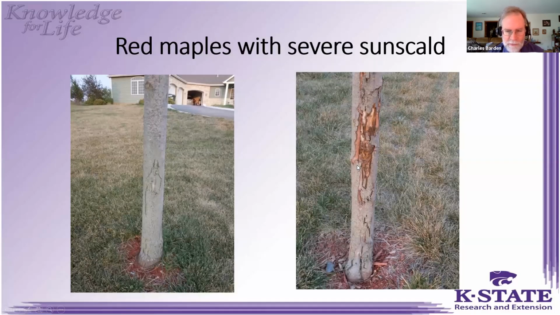And the question people always give us is, what can we do now? What can we wrap the tree with? Can we put asphalt paint or whitewash or something to help it heal? Once this damage has occurred, there's nothing you can do to help it heal. The key thing is to prevent it with trunk wrap, or prevent it by selecting a tree with lots of lower branches, like my little oak that you saw earlier in the presentation, or by simply not planting trees like red maple that are so susceptible to sun scald in our hot environment.